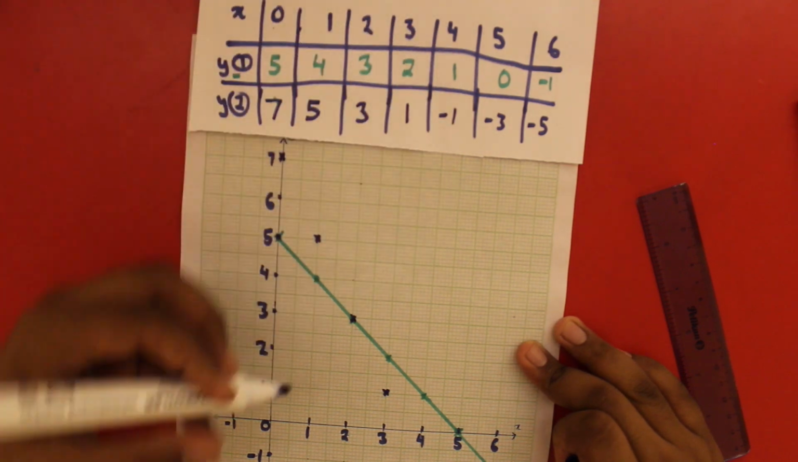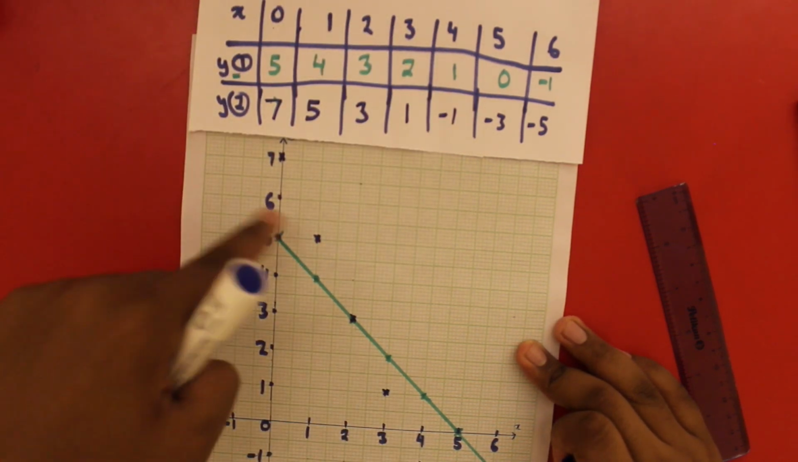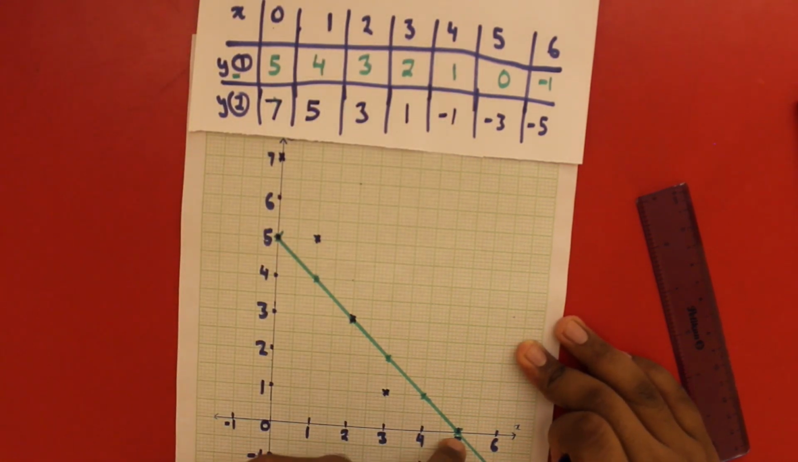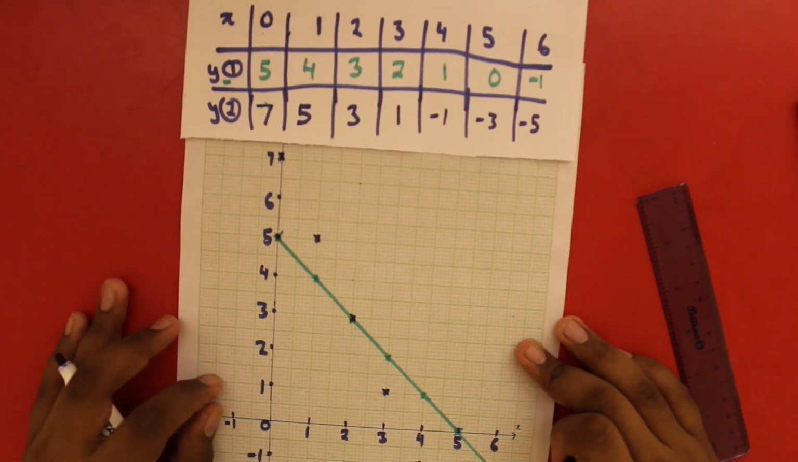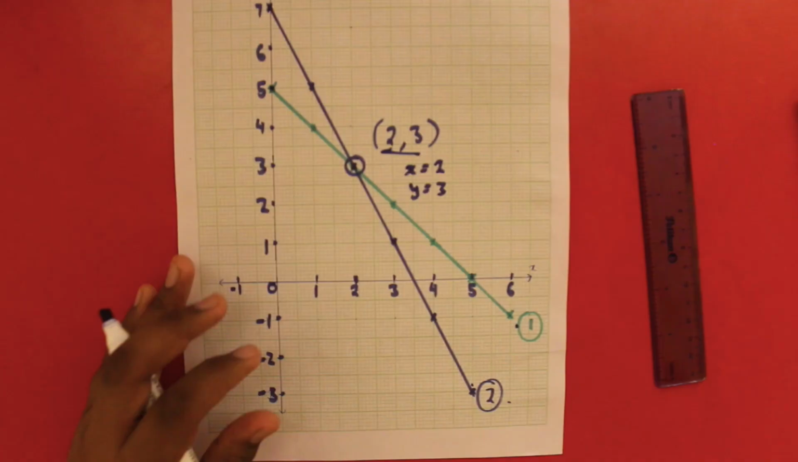When x is 4, y is minus 1. Again, there's a pattern which we can see. So when x is 5, y is going to be negative 3. Every y value is decreasing by 2 as the x value increases by 1. So once I join the points of equation 2 with a line, this is how it looks, as shown